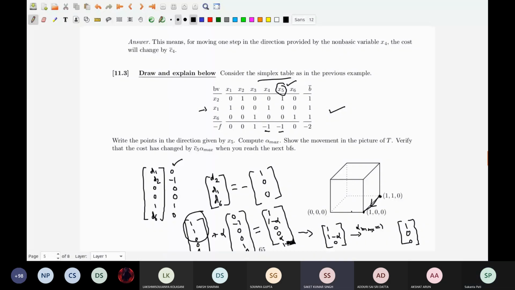Sir, just another doubt. Had it been positive, then what would we have been doing? Should we see another direction? This would have given a direction, for example the other direction, this one. If you look at x3, it will give you this direction, and therefore the change of the value would be plus 1 over here. It would increase. If your aim is to maximize, then you would have gone for the positive C bar. Got it, sir. Thank you, sir.